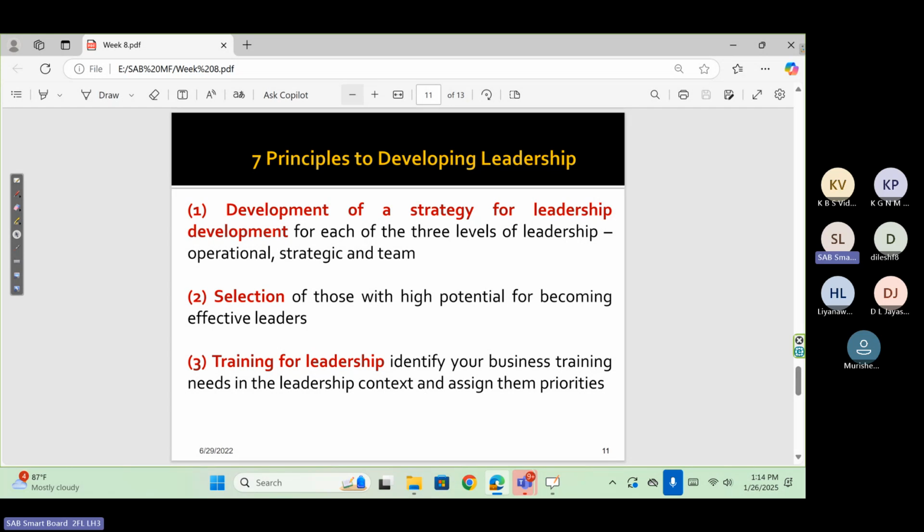In the selection level, it can be found. Right. The third one is, but no one is perfect, no? In leadership development, there can be gaps, but the HR department should be able to organize training programs, mainly trainings on leadership development. All these are principles or ground rules, best practices to develop leadership, best practices that an organization can undertake.